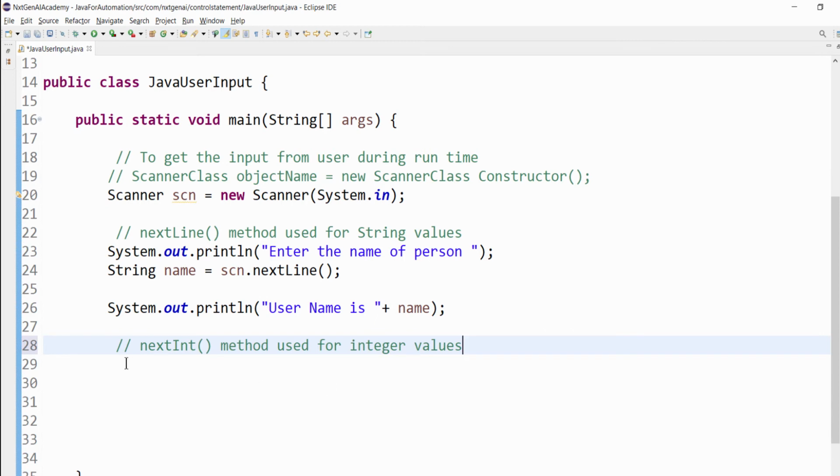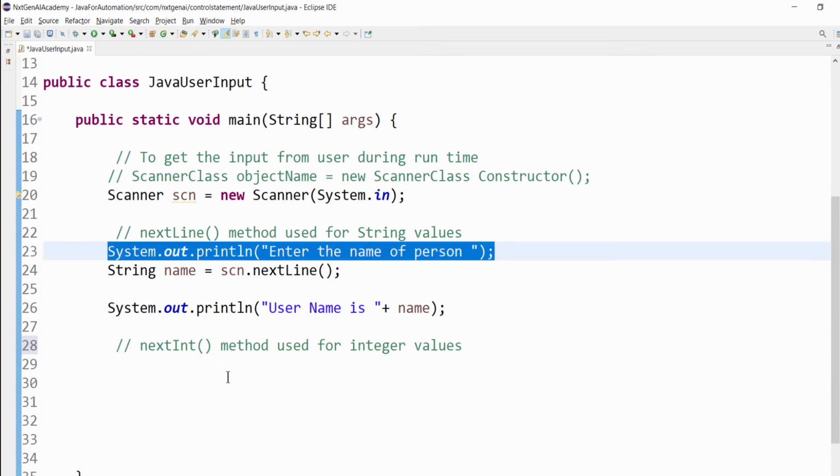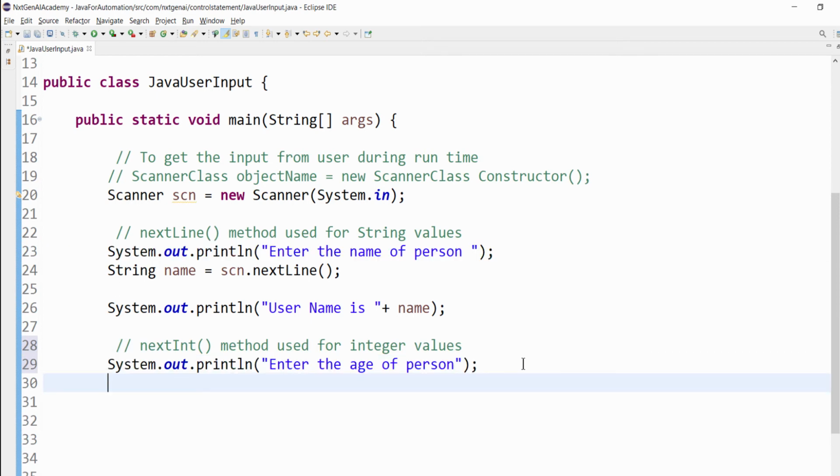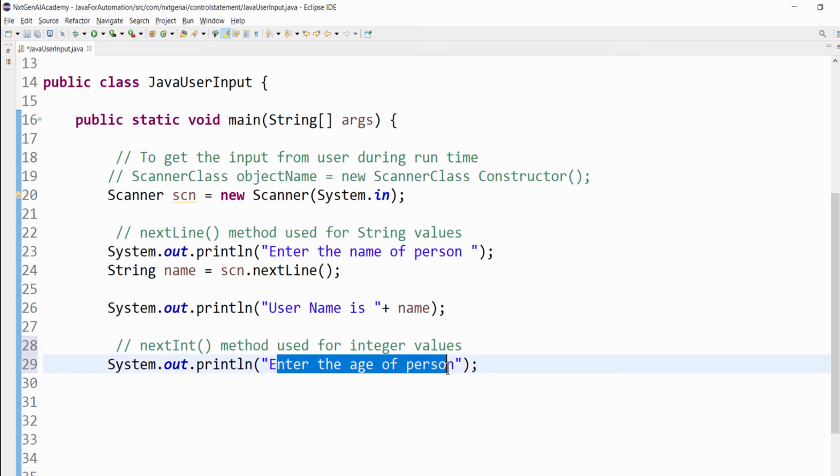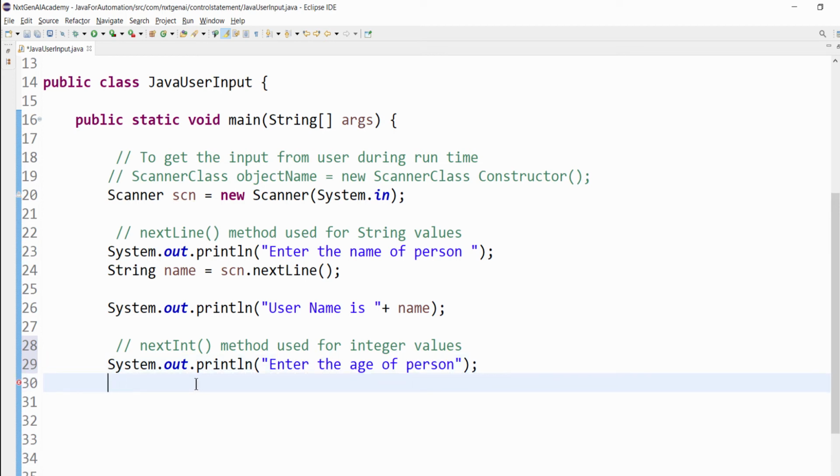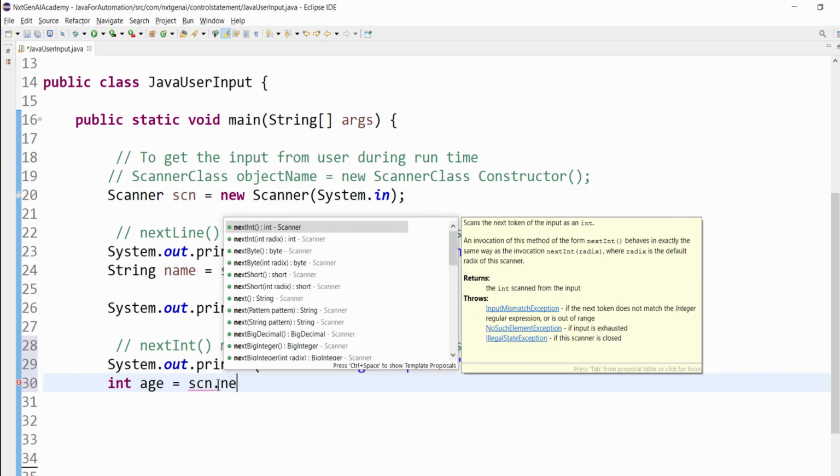One more example. Now let's try to get an integer value from the user. How to do that? A message to the user asking us to enter the age of the person. We already know it's an integer value, so the data type is int, variable name age equal to, using this particular object name dot nextInt.